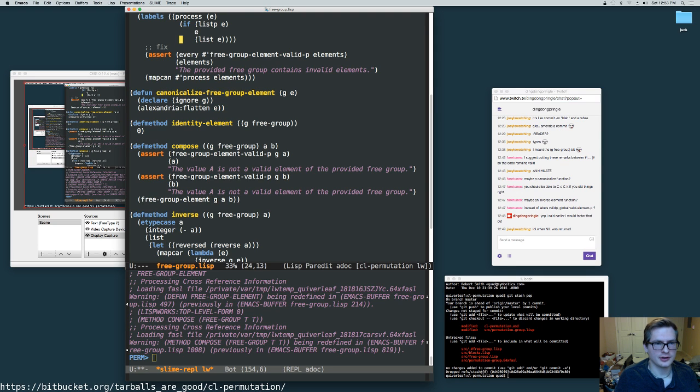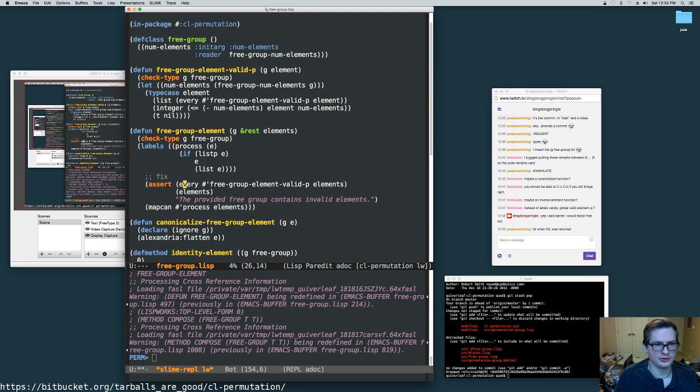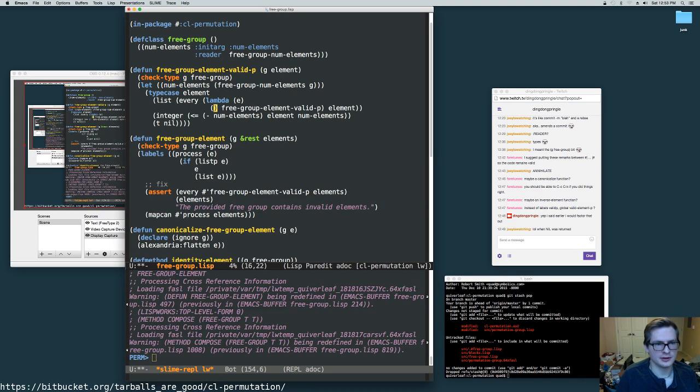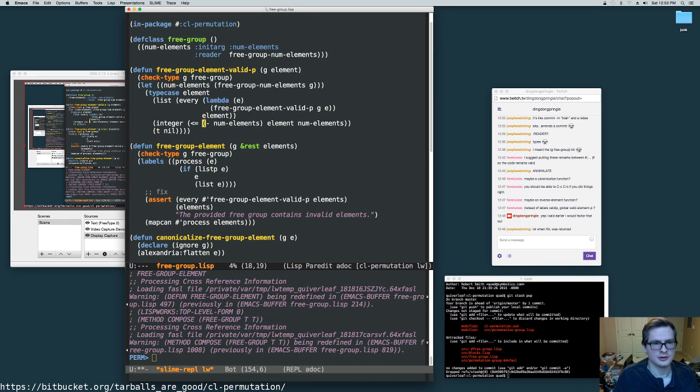Anyway, like I said, I need to change both of these now to be lambda E, and then a call to this with the group G and E. And then same with this one. So I'm just going to copy this and